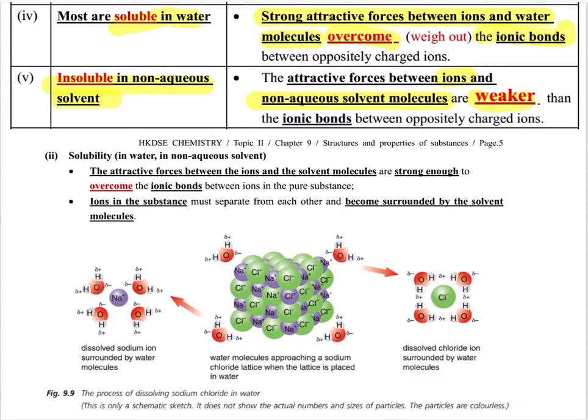Okay, for solubility of substances, it's not only about ionic compounds. For any substance, if it wants to dissolve in water, firstly, they need to break their own attraction, because if it wants to dissolve in water, it means it needs to mix with water well. So inside of this structure, they need to break and then spread inside water with water molecules in between these particles. Okay?